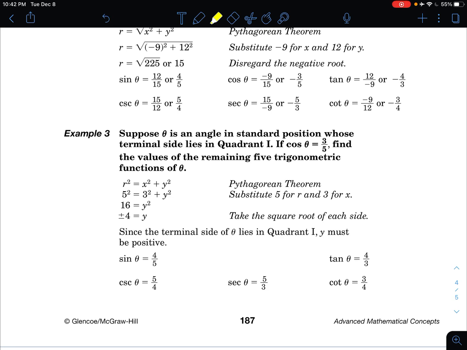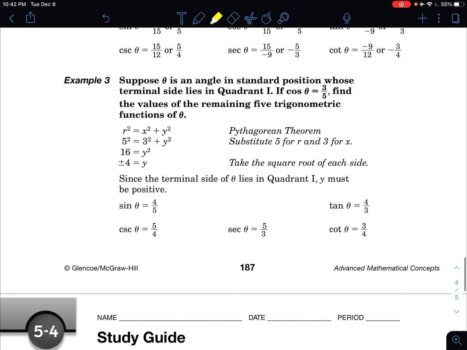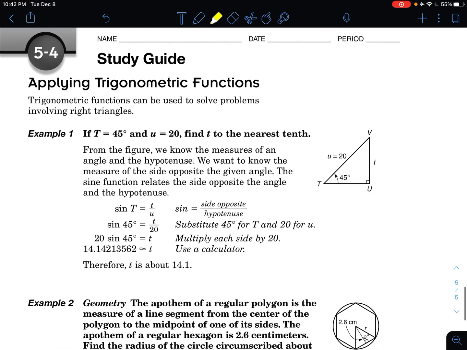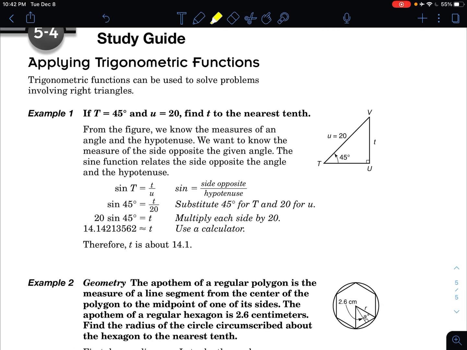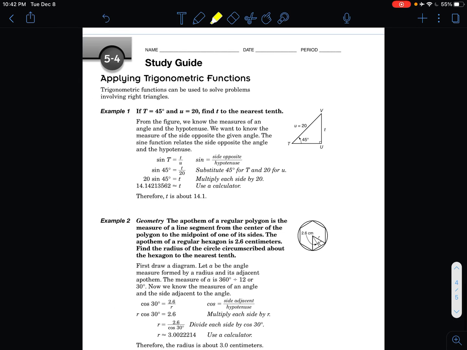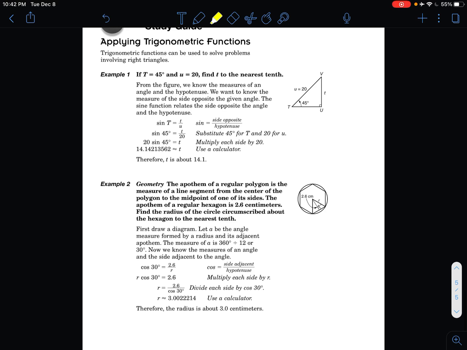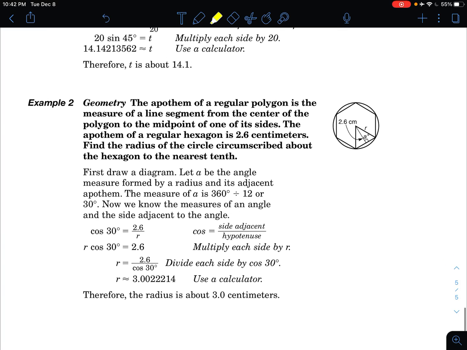And placing it into standard position. I'll show you that again tomorrow. And applying your trigonometric functions like we did in the homework problems we just tried. Here's another problem on the Apithum. You guys can look at this on your own time, but your class is probably over or about to be over,